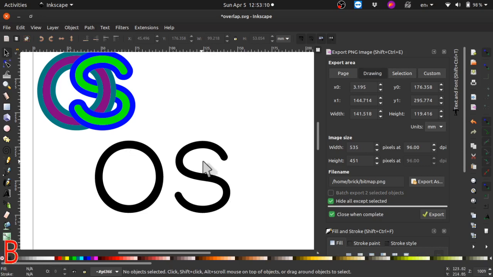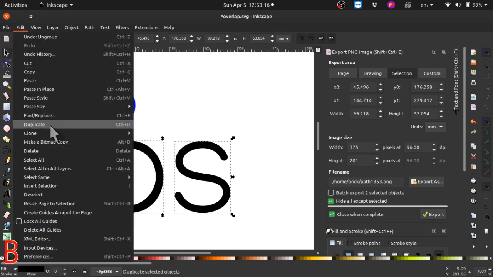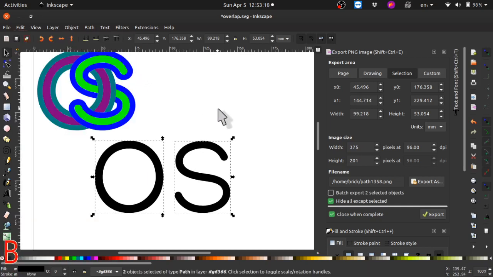Okay, so now we have O and S as paths, and actually before we do anything, we're going to select them both again, edit, and duplicate. So what we need to do now is put the border on the outside, and the quickest way I found to do this is just with the dynamic offset. But to make sure they're the same, we're going to go up here and just click and drag